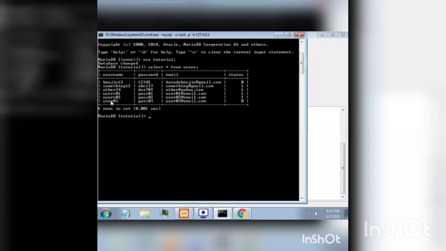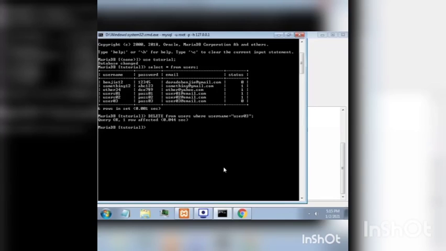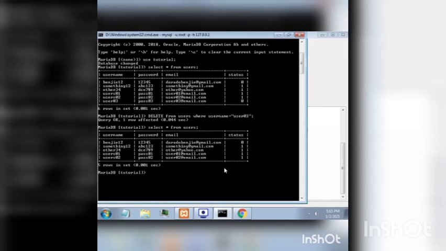To do that, type the command delete from, the name of the table, where username equal to the user, semicolon, hit enter, okay. You can see the user is now deleted from the table.